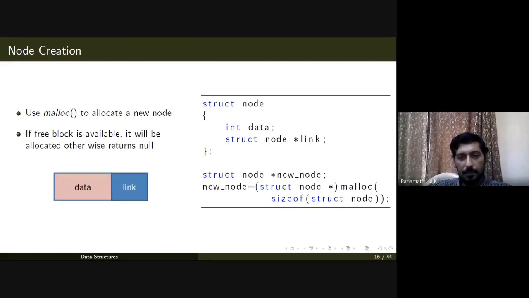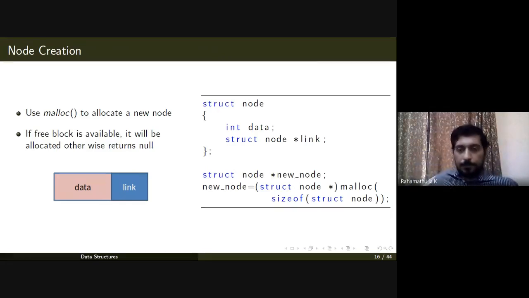Let's say we are working with an integer linked list. So this is the structure of a node in your linked list. You have to create a node, so a structure. In that, this is the data member, an integer data member. Then you should have a pointer to the next node.